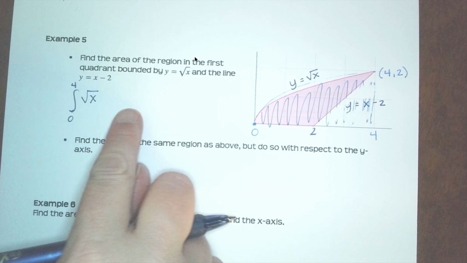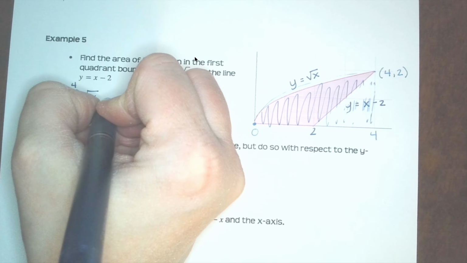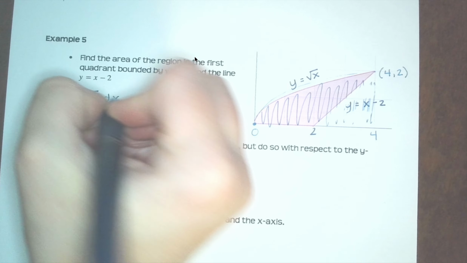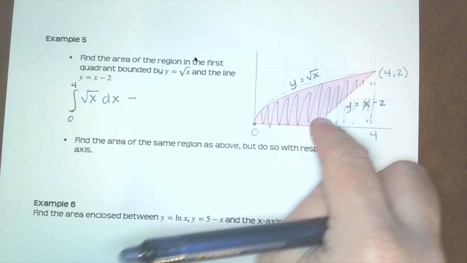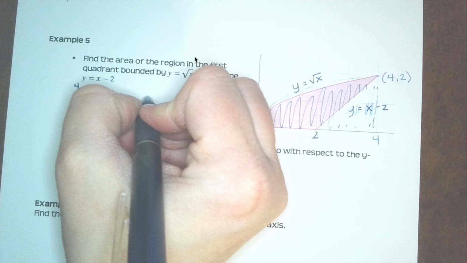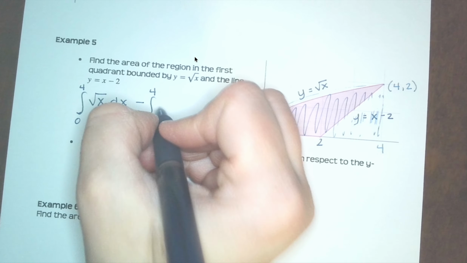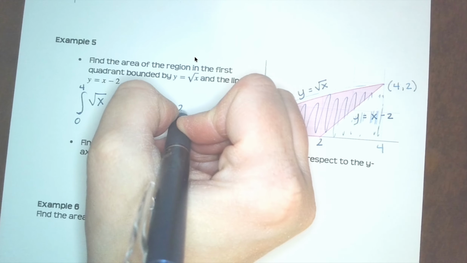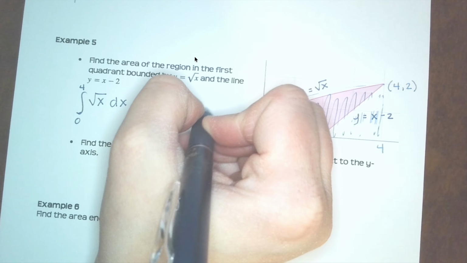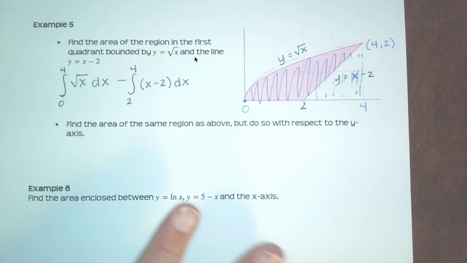So this is one that I can't smash together in one integral. I would have to do two separate integrals because their endpoints are different. I'm still subtracting because, like when I erased that triangle, that was me subtracting. But this would be from 2 to 4 of the function x minus 2 dx. So I just want you to take a second and, a little Desmos appreciation time, and think about how